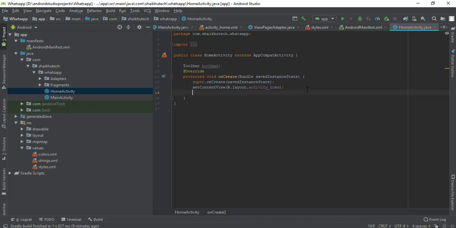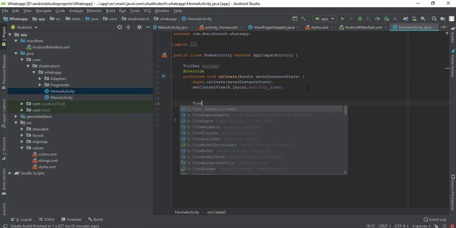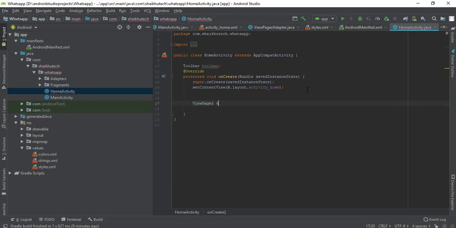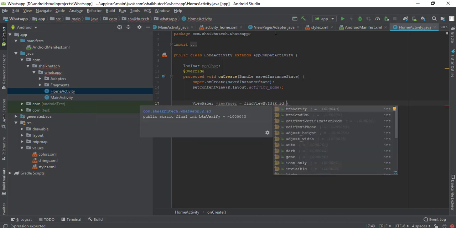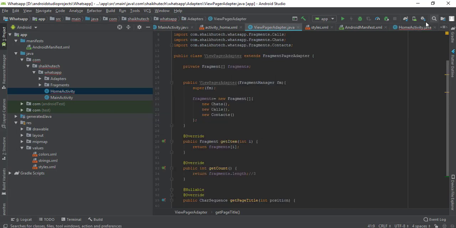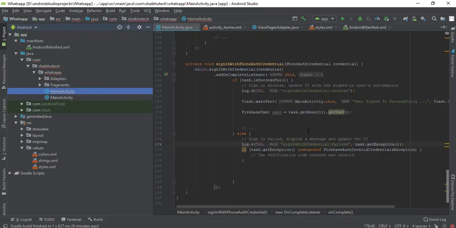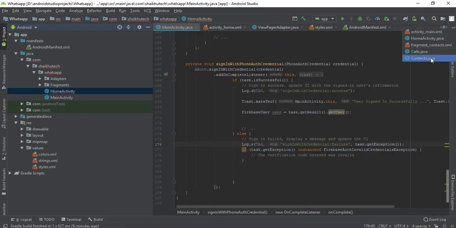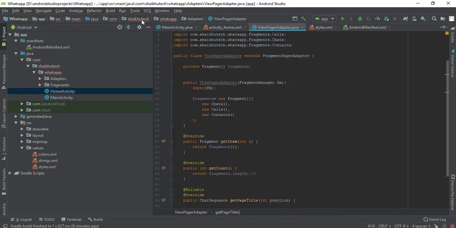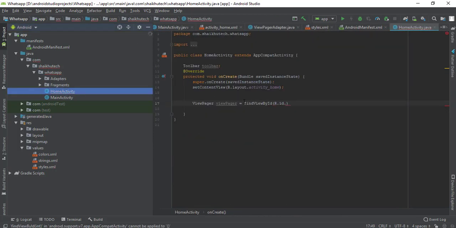And then here just create an object of ViewPager. Find view by ID, and we haven't given any ID to ViewPager. Let me check what's this ID. It's going to be ViewPager, and it's tab layout, and this one's toolbar. So go to home activity. Home activity, where are you? Okay, so it's going to be